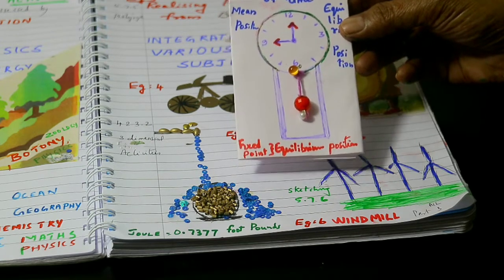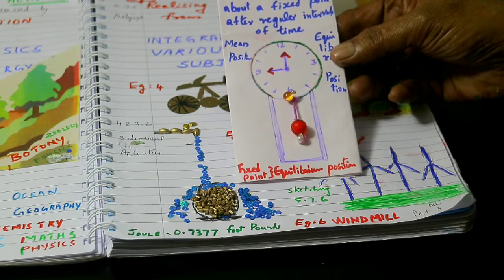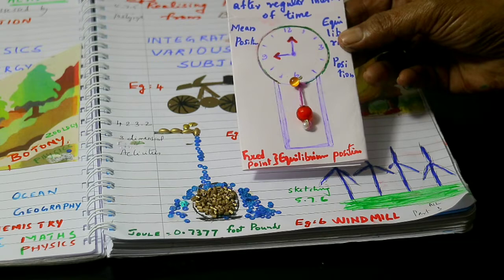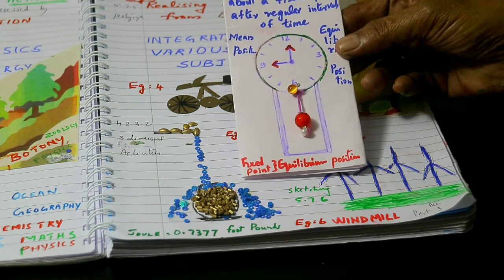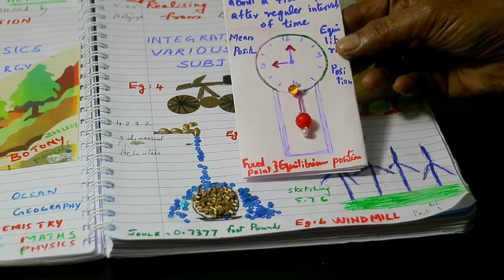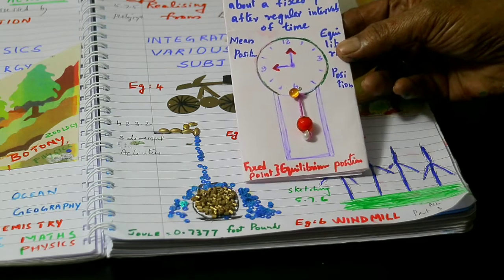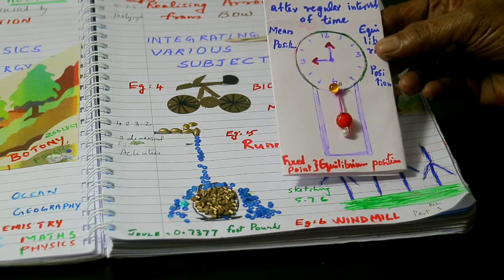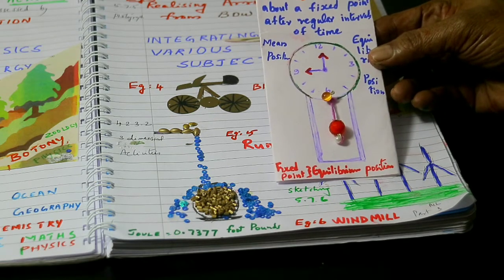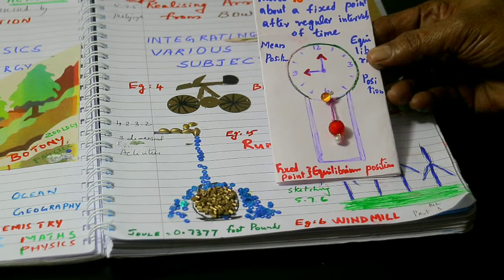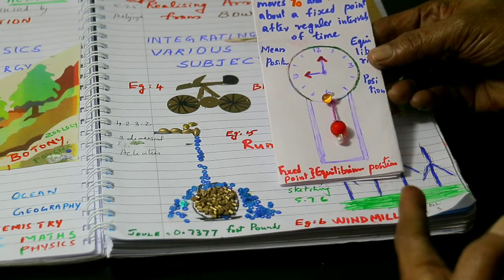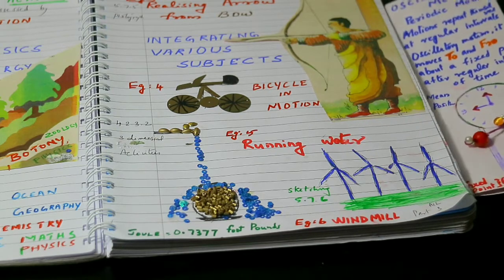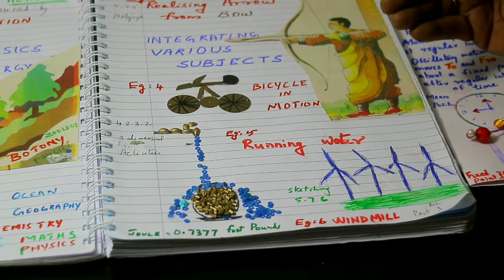Then several other topics I have also found. About measurement, we can write about kilometers, or how the earth is, or the distance of the earth, or the distance of the sun from the earth in the solar system. Like that we can connect it. So I hope you understood how physics and other subjects can be interrelated. Now let us move to the calligraphy.